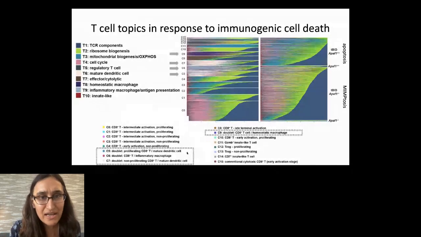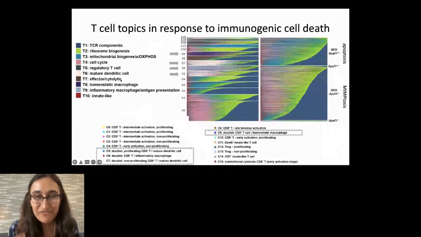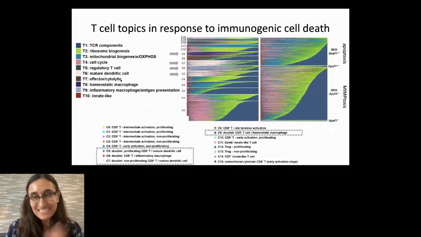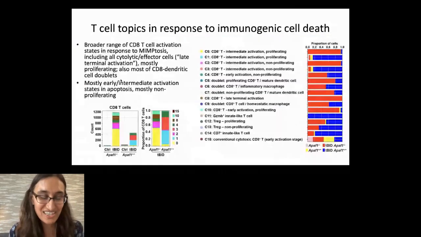Okay, I also skipped the slide. This C8, which is this brown topic, is the effector cytolytic topic. You actually only see that in mitosis. Okay, so this slide is too much information. As you know, I mentioned many more CD8 T cells in immunogenic cell death than non-immunogenic cell death,